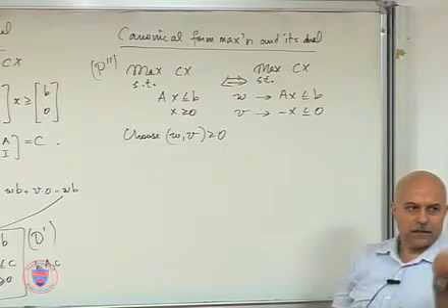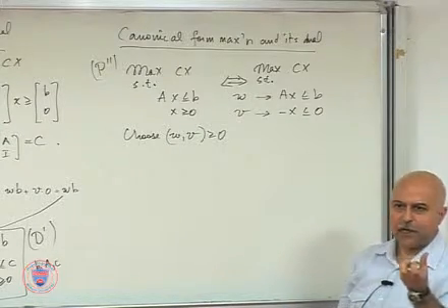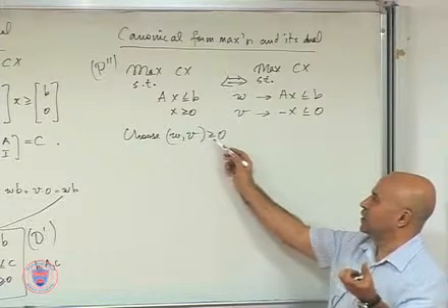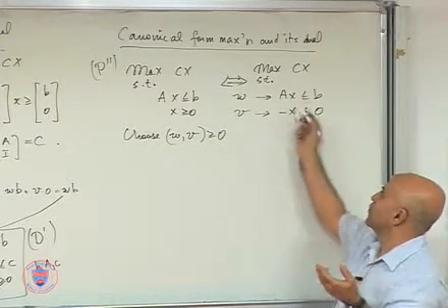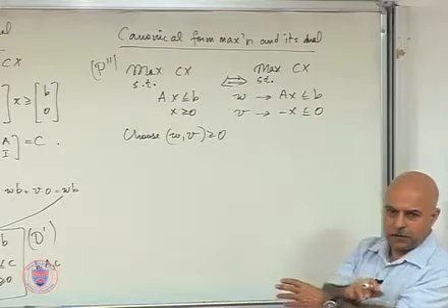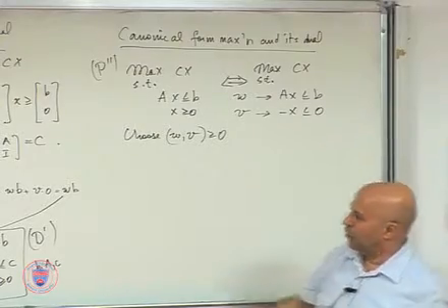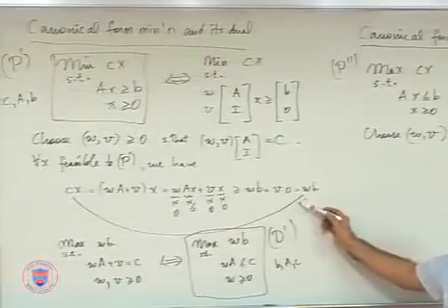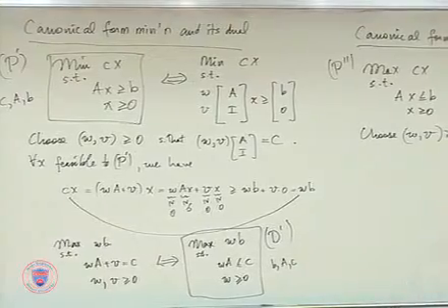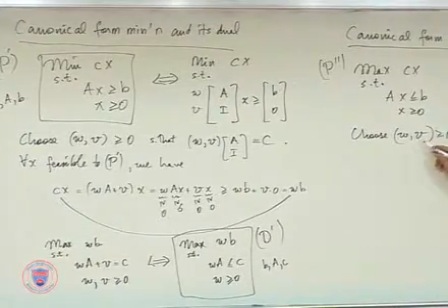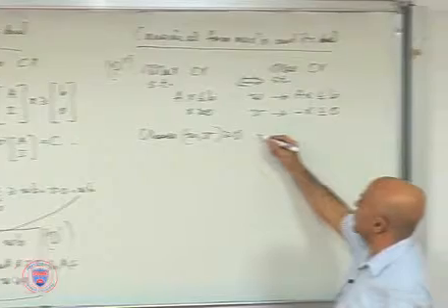If you have a switch of sign, or if non-negativity is not maintained, of course, some of the inequalities will reverse. Okay, that will make the lower bound invalid. In other words, we want to get to a lower bound. Okay, so choose W, V greater than or equal to 0